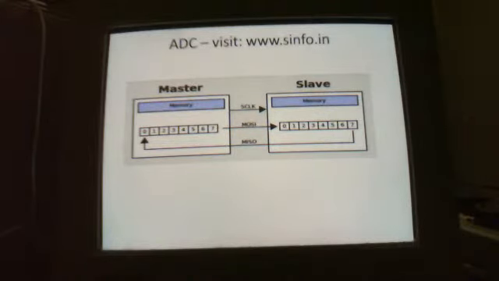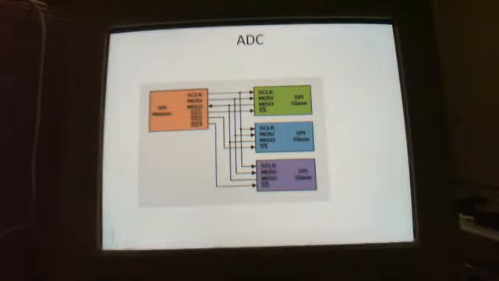See clearly, this slide shows the interface.